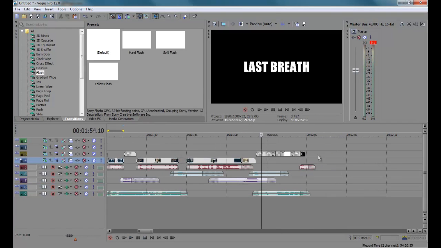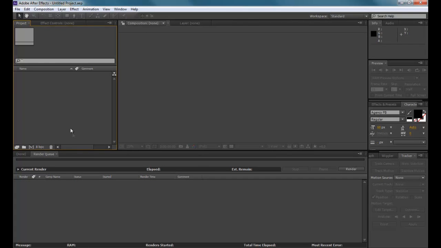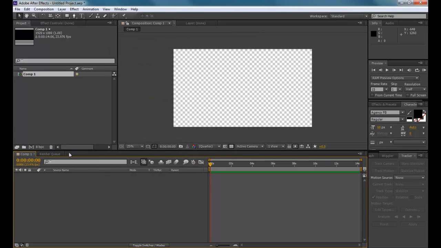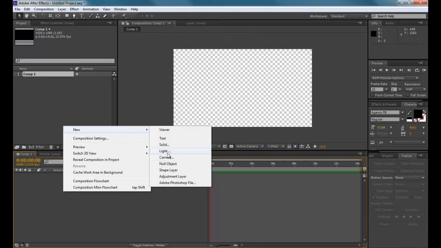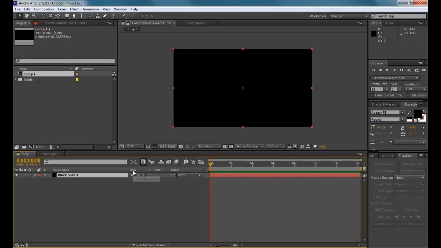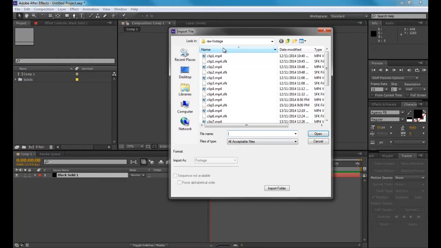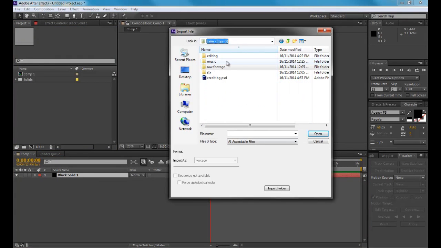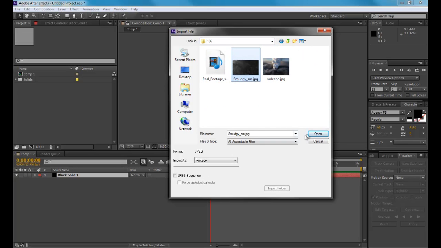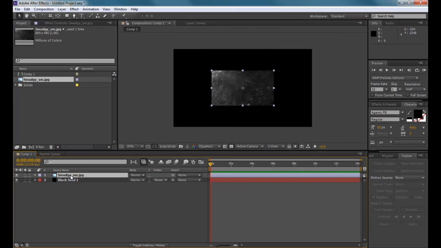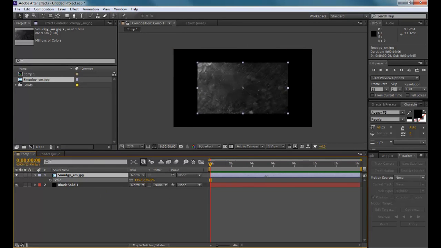Okay, now I'm going to show you how to create that blue optical flare background. So if you open up AE, right click, new composition, 1920 by 1080, this frame, and okay. And then we're going to create a new solid, black, and we are going to insert a file, which is a smudge of something. Smudgy. And we're going to drag that, put it on top, press S for scale, scale it up,